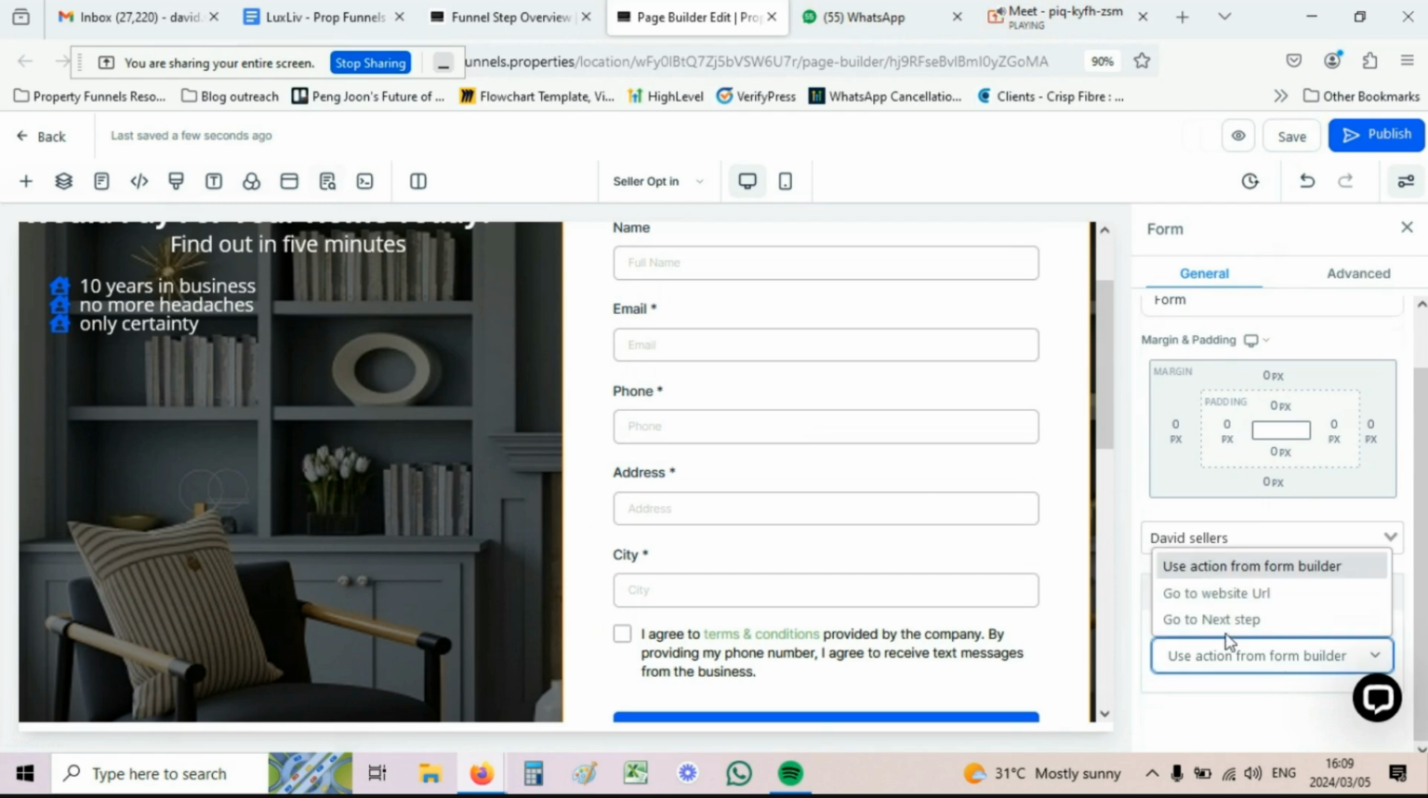But for this purpose, all I'm going to do is just say go to next step. So when we bring in our next step, it's going to automatically push people to that next page. This is why I said open up your funnel builder in a separate page, because what we're going to do now is duplicate this page after we've saved it. So we're going to save,